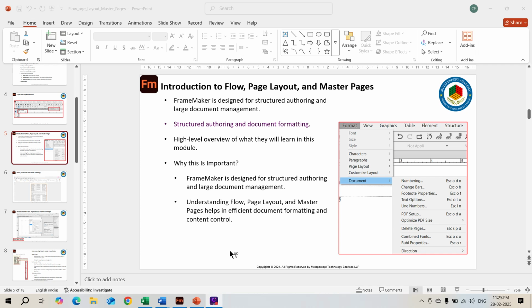Introduction to flow, page layout and master page. FrameMaker is designed for structured authoring and for large document management. Structured authoring and document formatting. A high level overview of what you will learn in this module is how to create flow, how you create disconnected pages, and how the page flows are made meaningful in FrameMaker. For example,